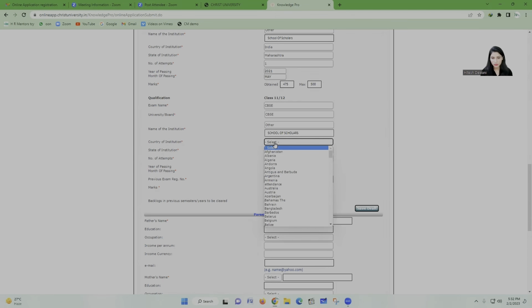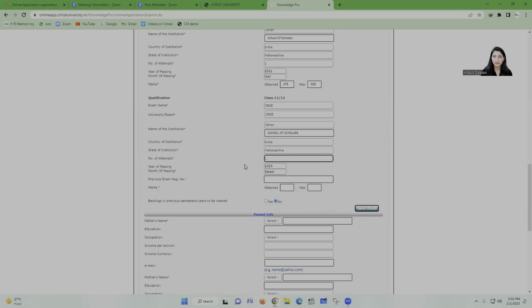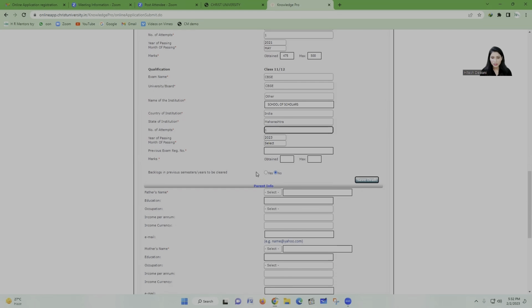Okay, now country of the institution in which your school is situated, state of the institution, year of passing, number of attempts. So okay, we have missed number of attempts. I'm selecting here 1. If you have given repeat of 12th 2 times, then you have to select 2. Likewise most of you would have completed 12th in one attempt, so you have to select 1 only here. Now year of passing 2023 I suppose, here we put 2023 and